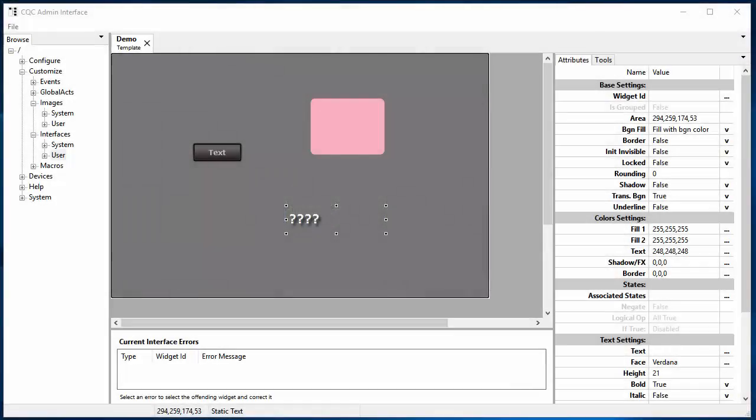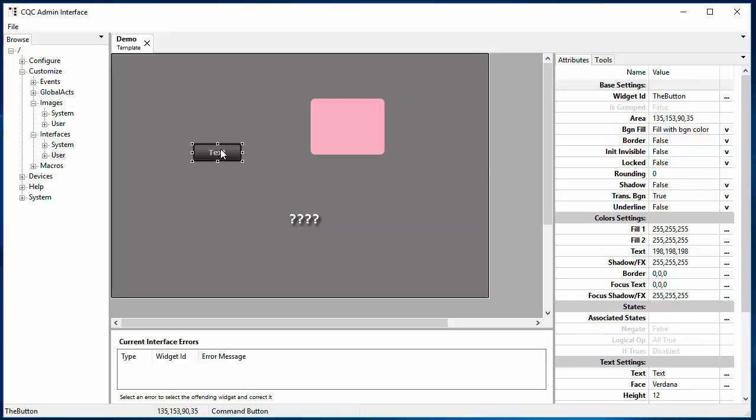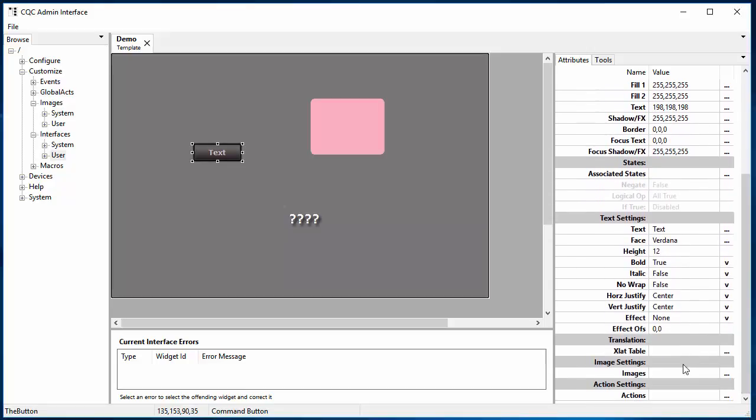There are certain types of attributes that are just too complex to edit directly or even to display meaningfully in the attribute area here. So these are edited usually through a pop-up dialog. So let's select the button here, and it will have some that we can demonstrate. For instance, the action that the button takes when it's clicked. And this one, if you click it here, it will not let you edit anything in place because there's just